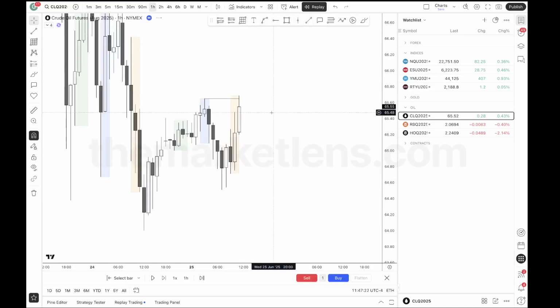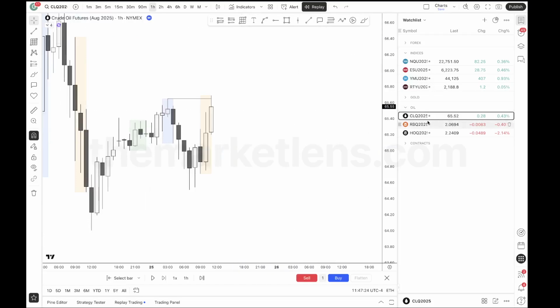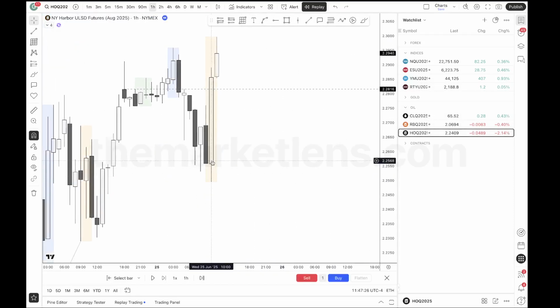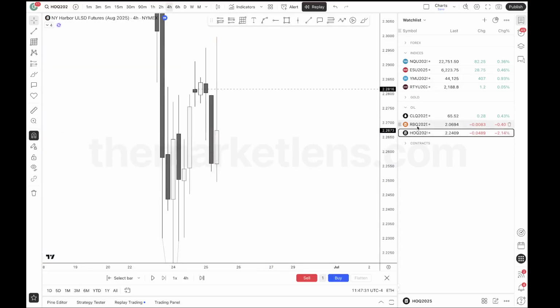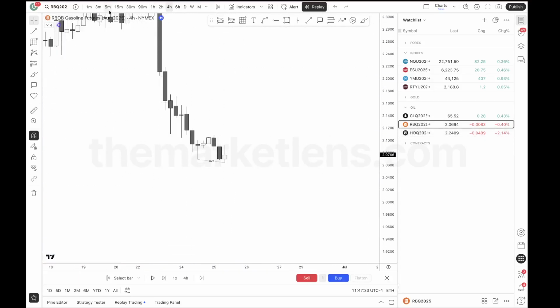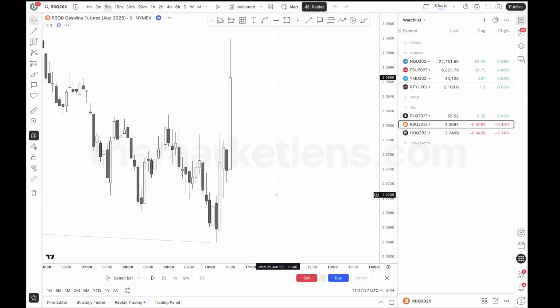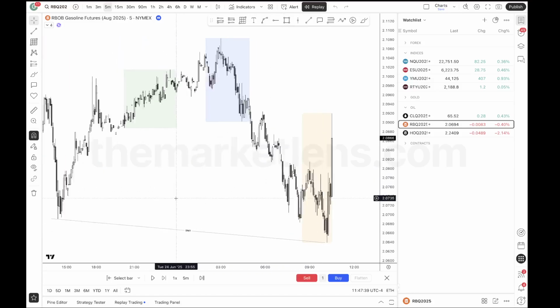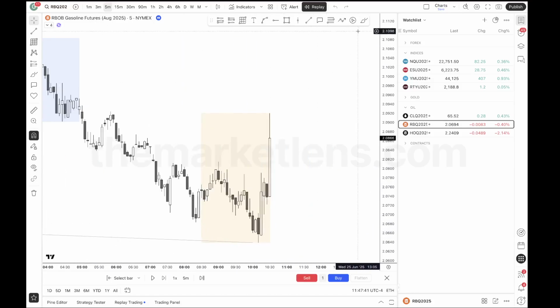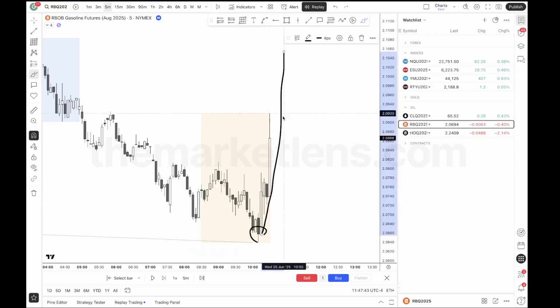So if I go to the hourly chart here, this 10 a.m. candle is sweeping out this candle's low on RB and CL. Now I want you to pay attention to the lower time frame here, because it's very important. So all we care about is this asset that's sweeping out. We want to see it have some sort of reversal signature. You see this expansion away? This will allow for the other assets to expand, right?